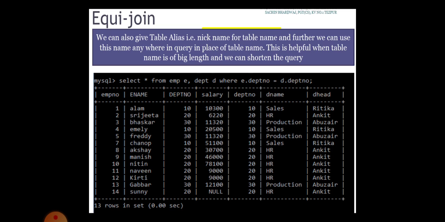We can shorten the query by giving the alias name. So here look at the where clause: where E dot department, because E represents EMP, D dot DEPT, here D represents DEPT. So E is the alias name for the employee table and D is the alias name for the DEPT table. Like that also we can give.